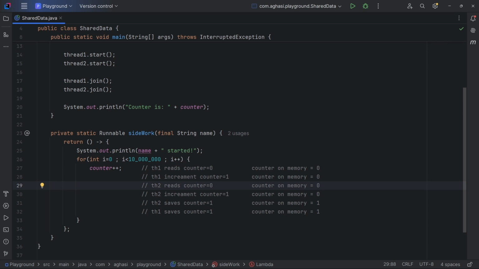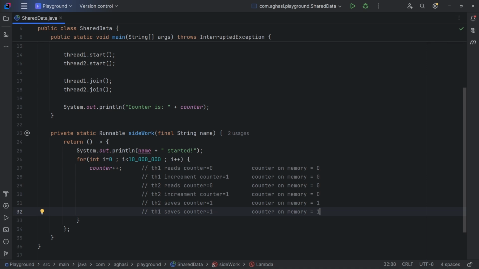Then thread 2 reads the current value of counter, which is still 0, increments it to 1, and writes it back to memory. Now when execution switches back to thread 1, it writes its value, which is also 1, back to memory. In this scenario, both threads executed the increment operation at line 27, but the value of counter only increased by 1 instead of 2.